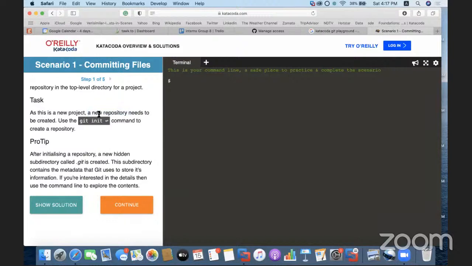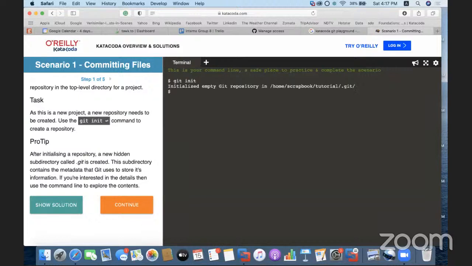Okay. So a new repository needs to be created. How do we create this? So to create a new repository we use this command git init. Okay, to create a new repository. So what we will do, let's say we are here on the shell, we are going to write git init. Okay, so on the browser itself you will be able to initialize it.